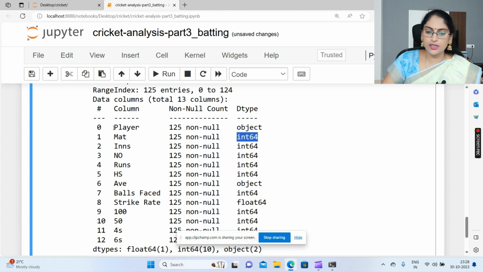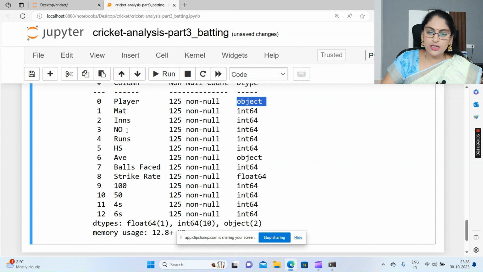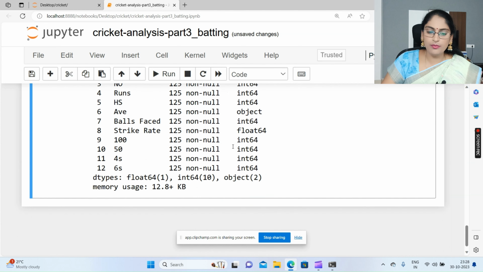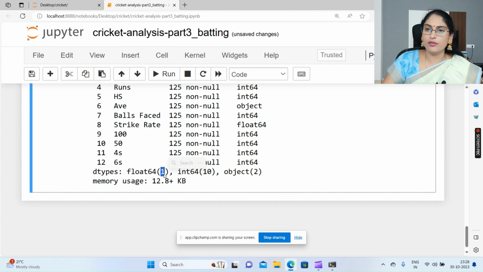So for example, you can take the player column, which is object type, and matches is integer form. In total, one column is in float form, 10 columns are integer type data, and 2 columns are object. So the total memory usage is 12.8. So next,